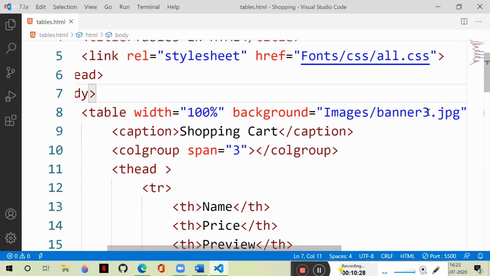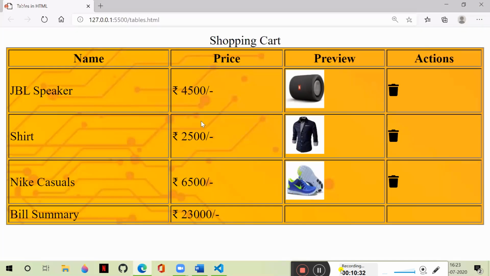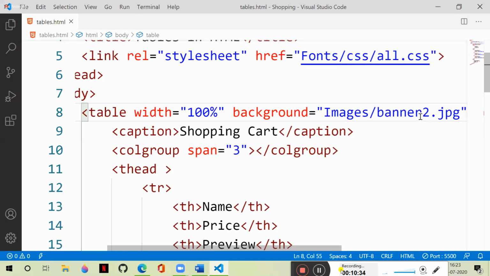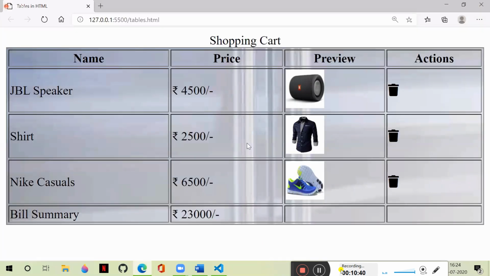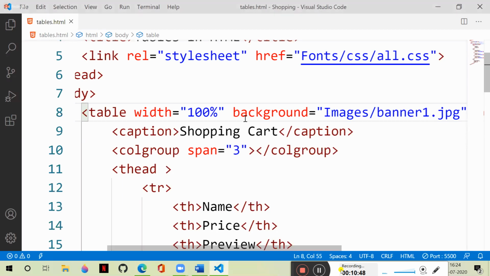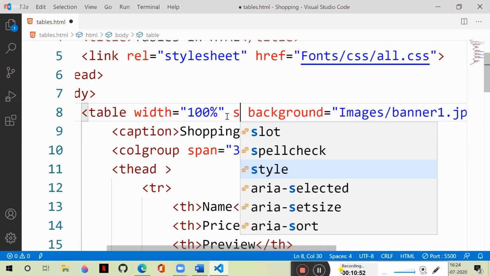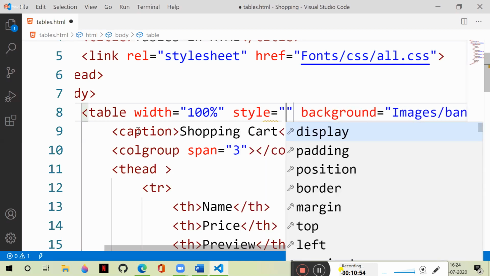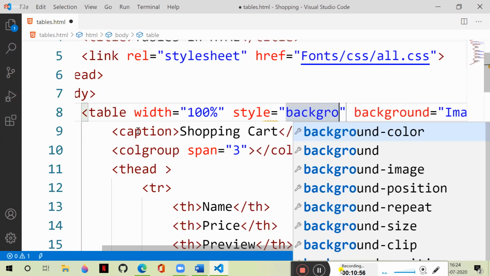So banner2.jpg, it will get that banner in the background. But important, the banner is actually a large image, but it is getting this one. Generally, we need to fit the image into it. Such things you can achieve by using style. So we have to write styles. We have to say background,